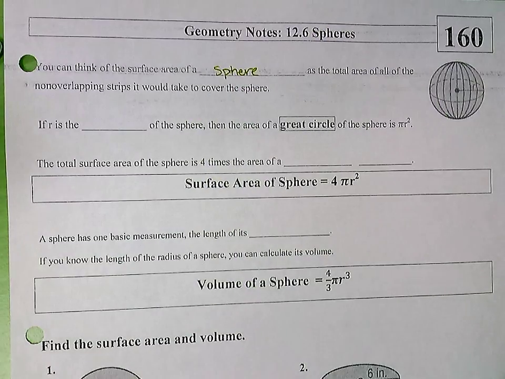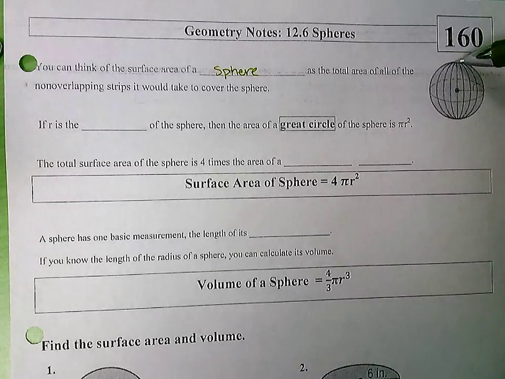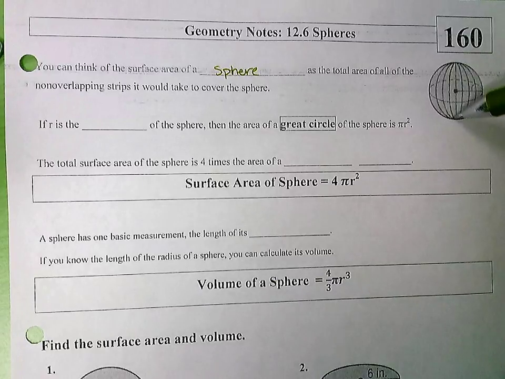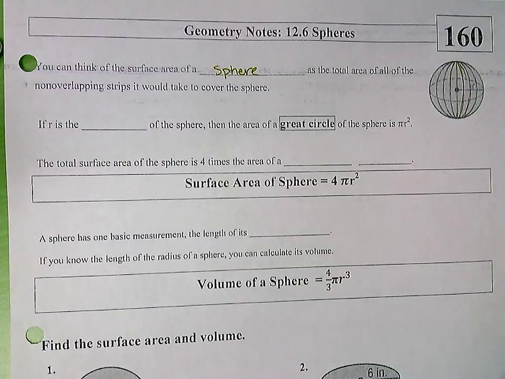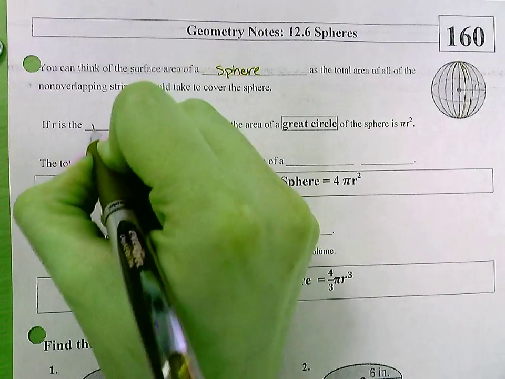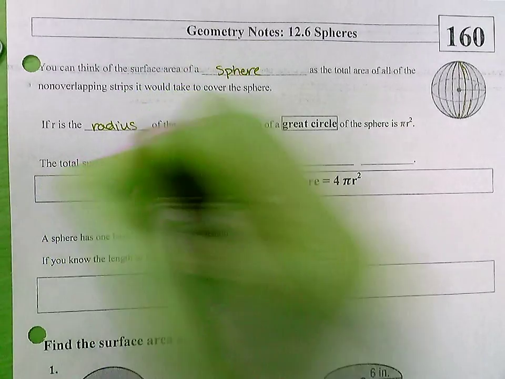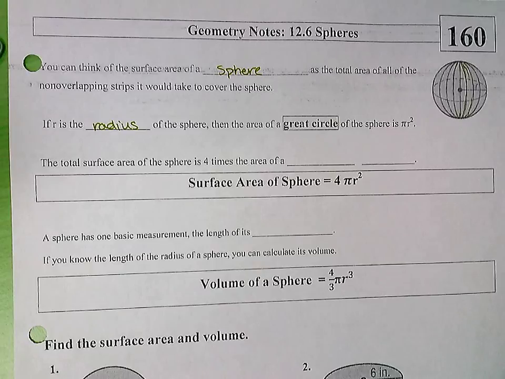as the total area of all of the non-overlapping strips it would take to cover that sphere. Okay, so these strips they're talking about are right here. So all of those strips that it would take to cover that sphere all the way around it. Okay, so if r is the radius of the sphere, then the area of a great circle of the sphere